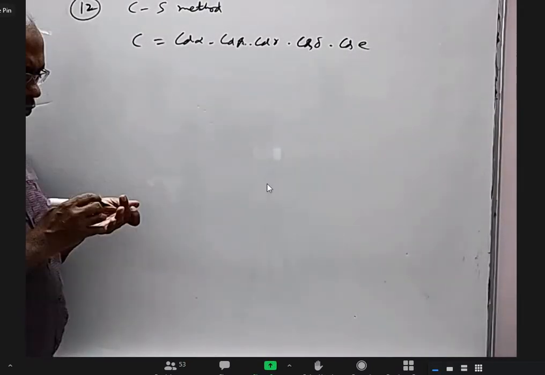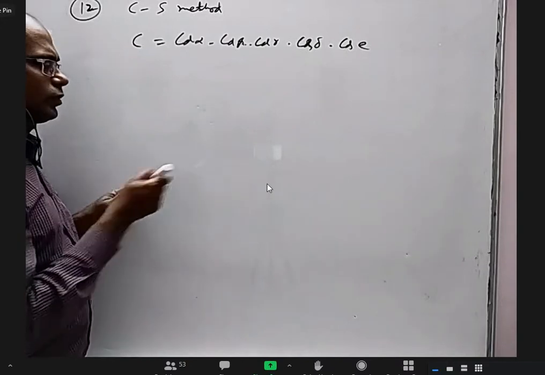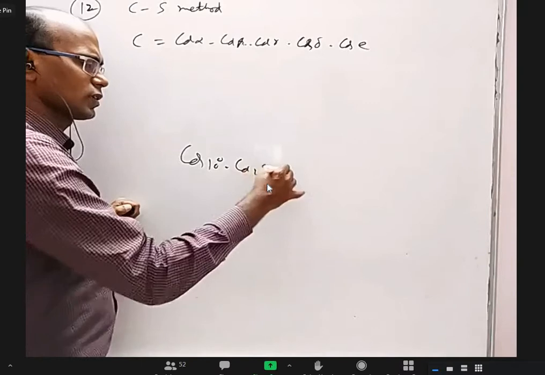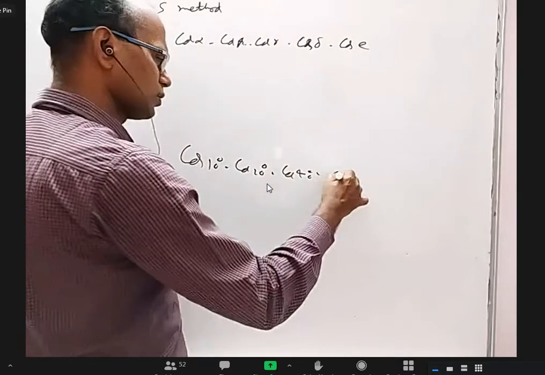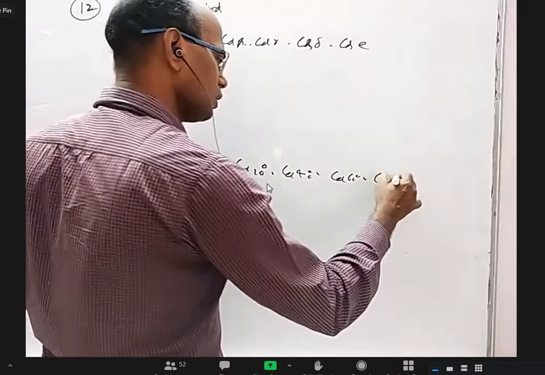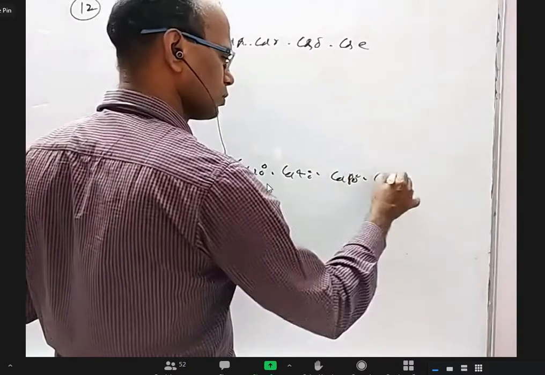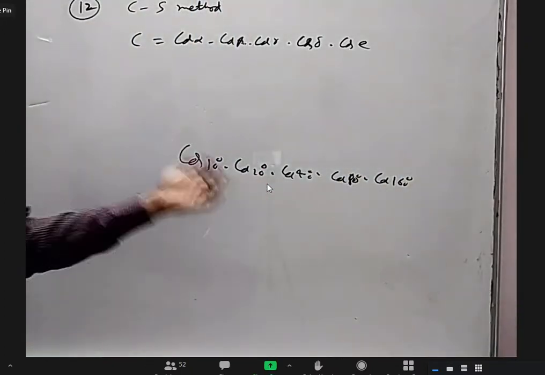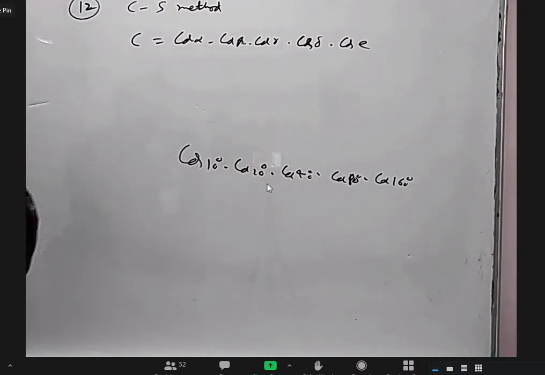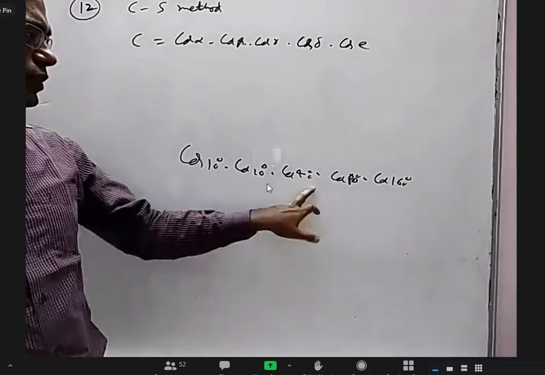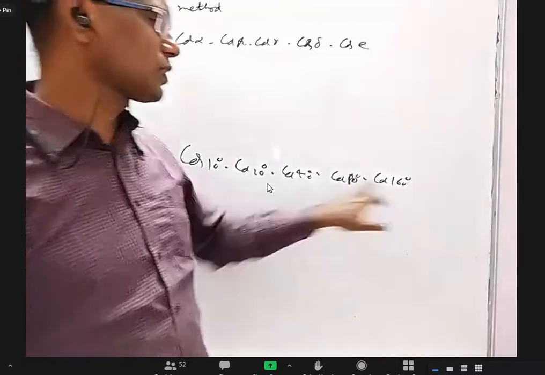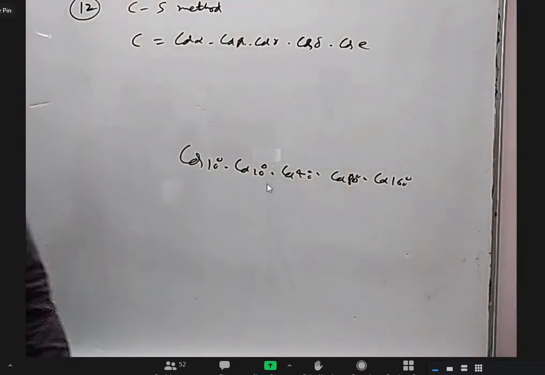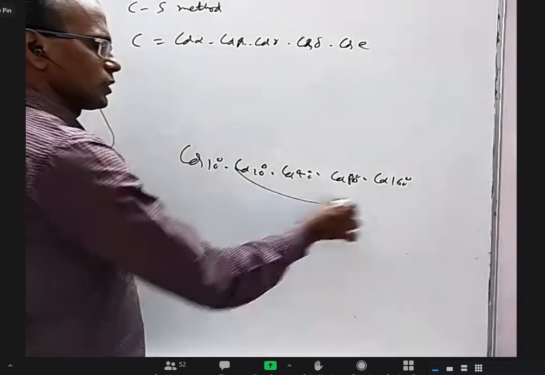So there are two, three ways. Whenever they give, for example, cos 10 degrees into cos 20 degrees into cos 40 degrees into cos 60 into cos 80 into cos 160, something like this, there are different ways to tackle these kinds of questions. One is this angle is double of this, this angle is double of this, this angle is double of this. We have a formula for it, right? Cos 2 theta. Another way is there.